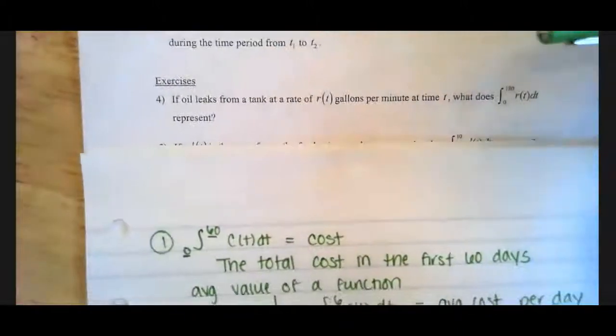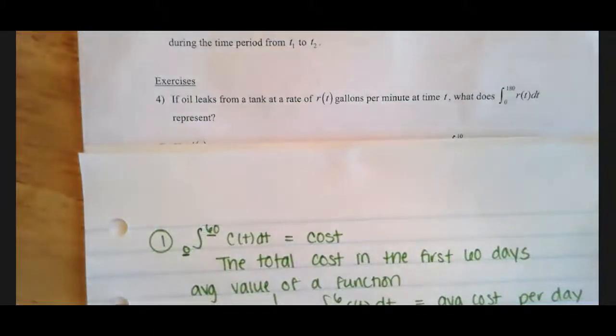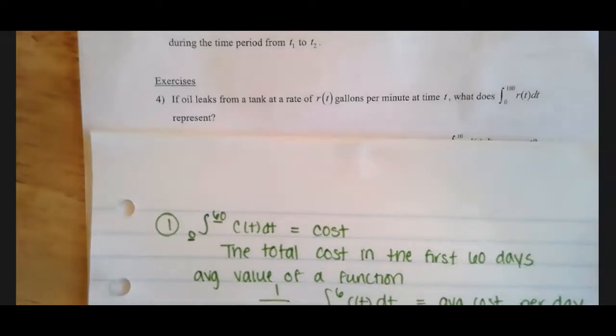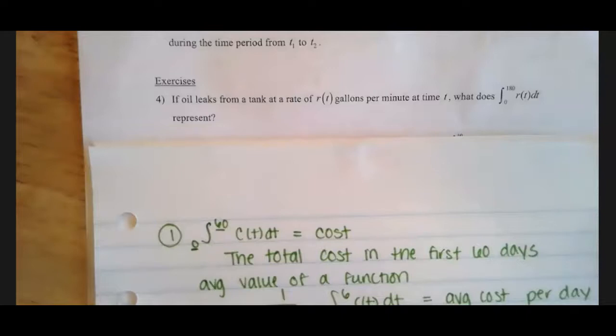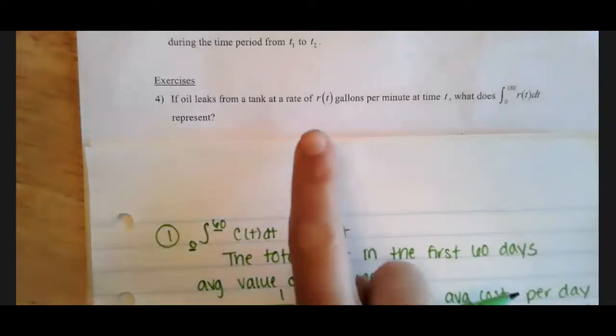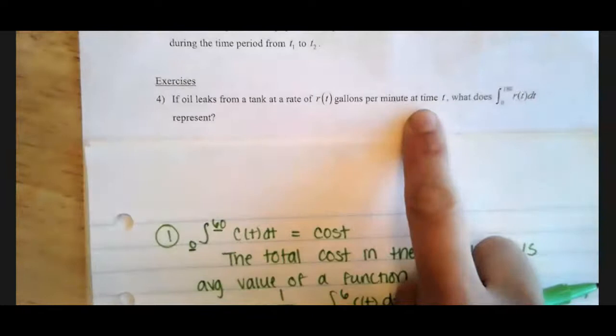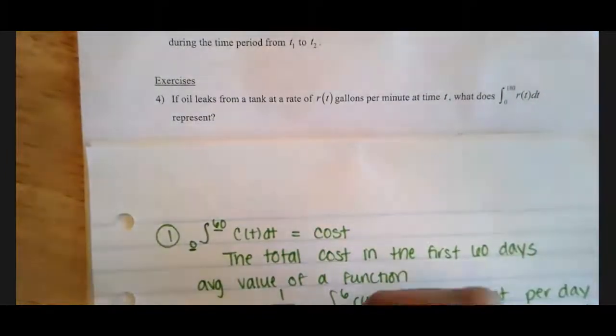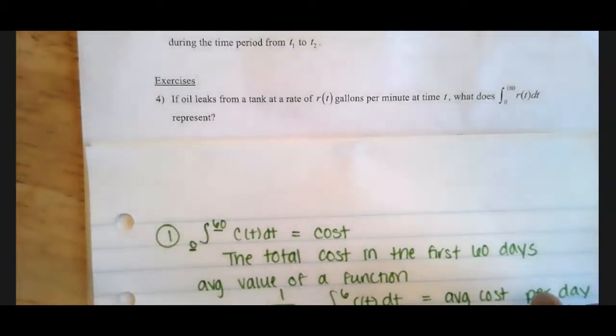So question 4, which is our first real problem now, says if oil leaks from a tank at a rate of R of t gallons per minute, what does the integral from 0 to 180 of R of t dt represent? So if R of t is gallons per minute, and we integrate that, then that means that this represents the number of gallons of oil